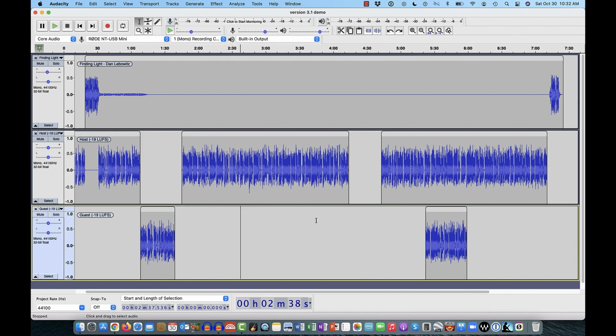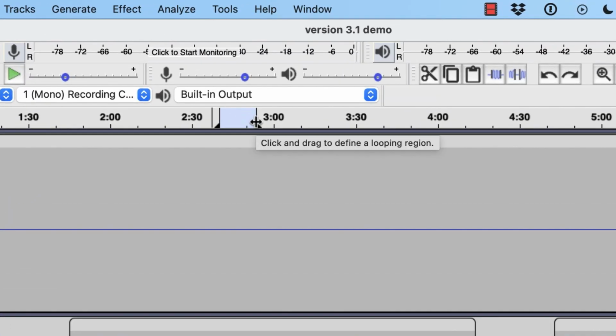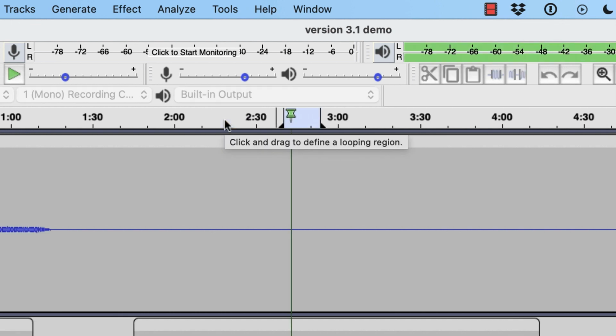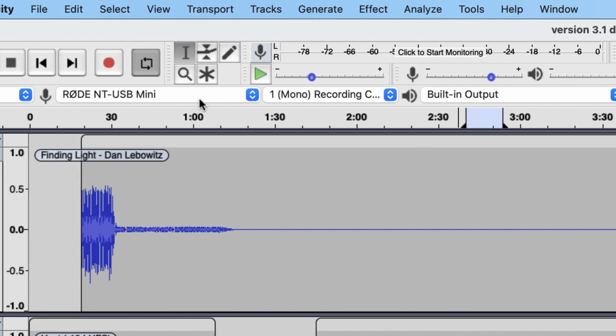And now let's look at the loop function. If I come up to the time bar and I grab a little section of audio and I want it to loop through there, again, if I just click once in that loop plugin, and we also install the declicker plugin, it will play that piece of audio that I've got selected over and over again until I tell it to stop. So to deactivate that loop, I simply click the loop button,